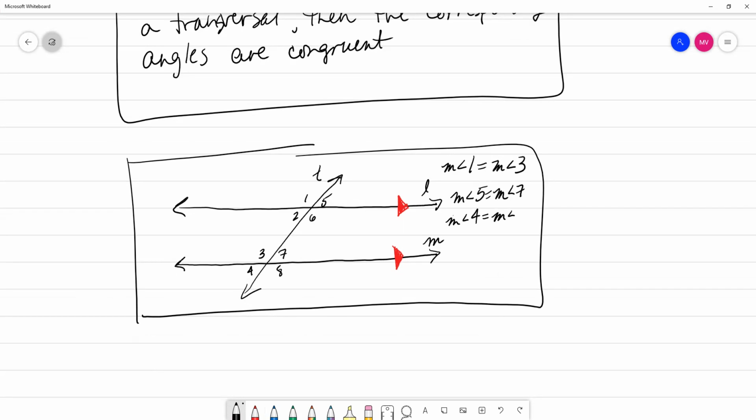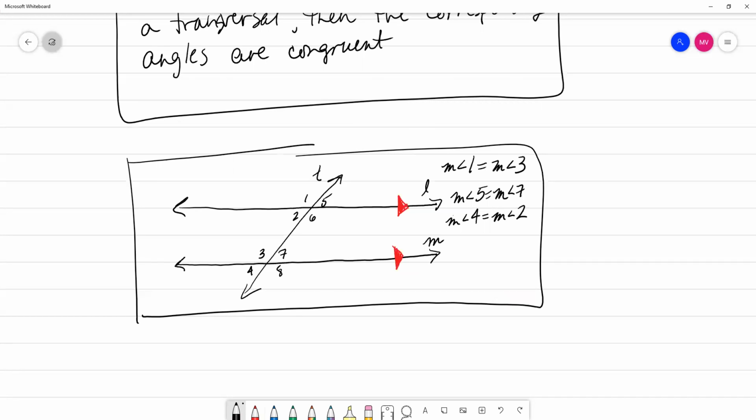Yep, is equal to the measurement of angle 2. So if you know 4, you also know 2, if you're told that they're parallel. If you know 4, you know the measurement of angle 8, the measurement of all the other ones. All you need is one angle measurement,